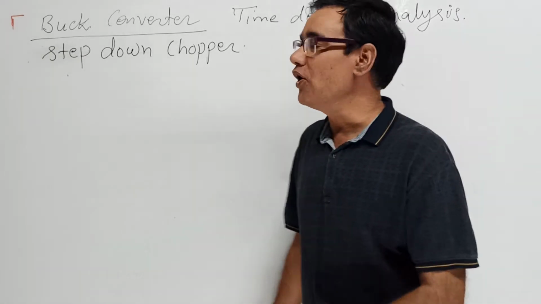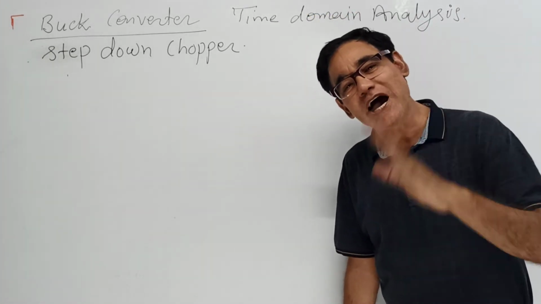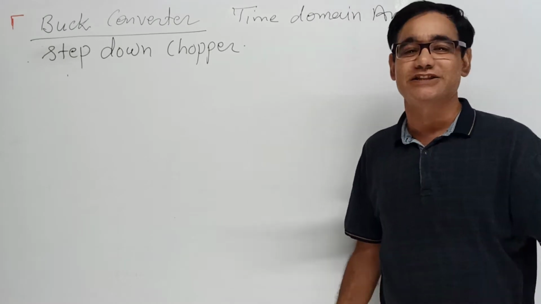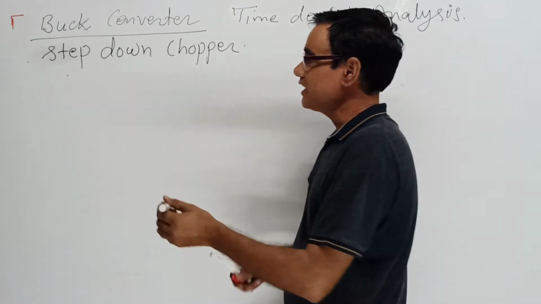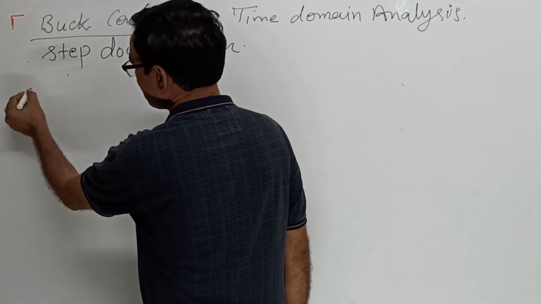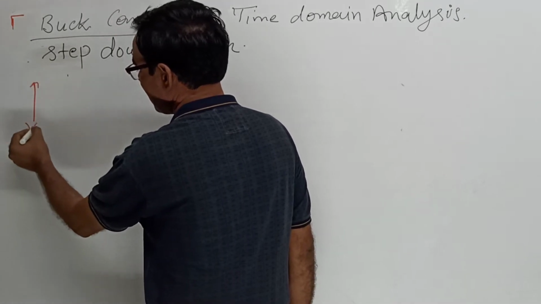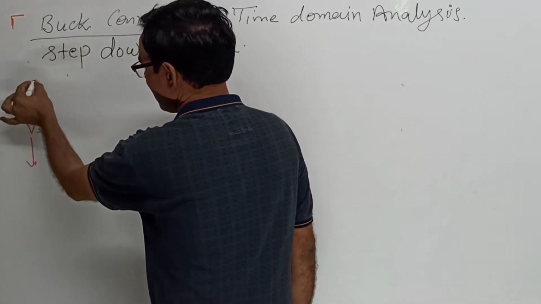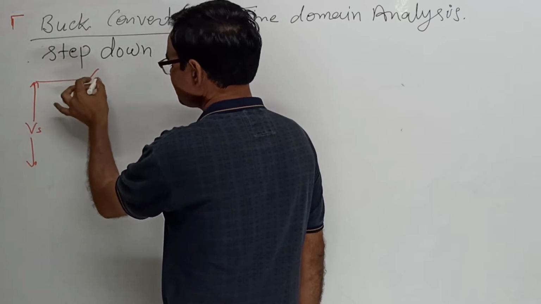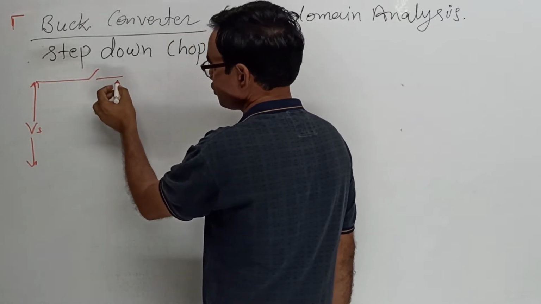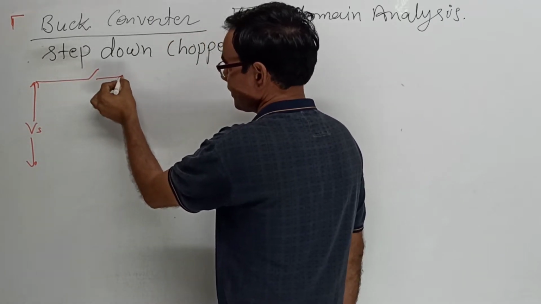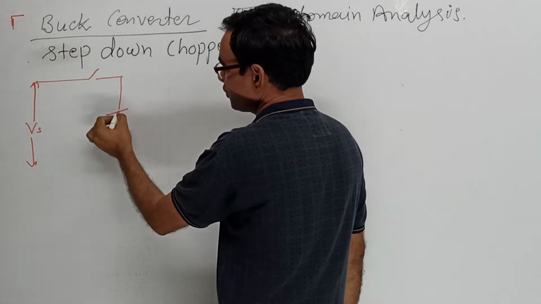Okay, so now we are going to the step down converter analysis. So this is the circuit diagram of the step down. This is the battery, the source, and this is the chopper. This is the chopper, and this is the diode,